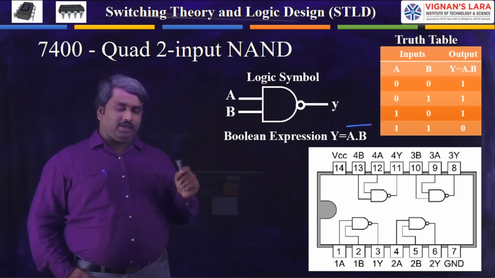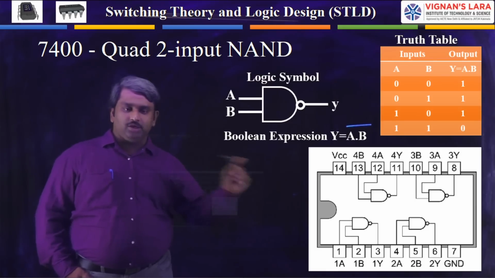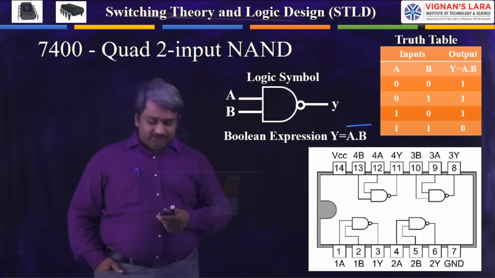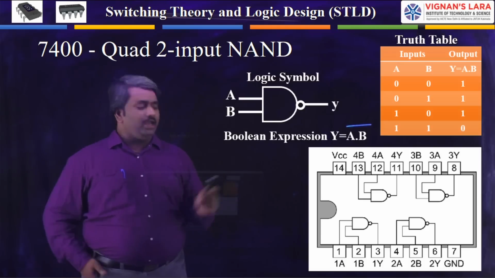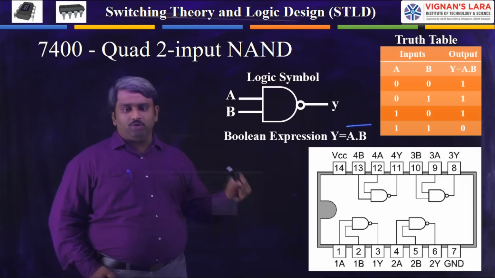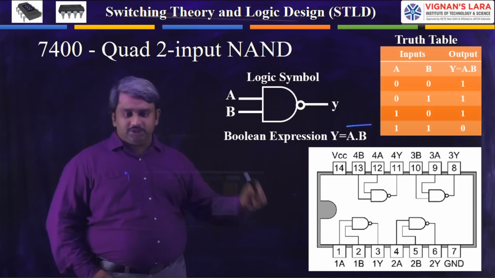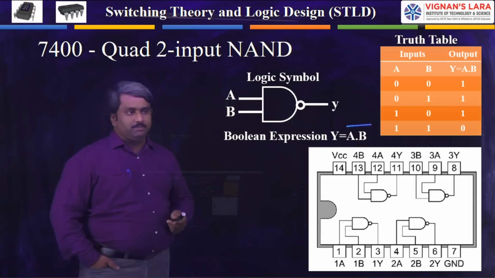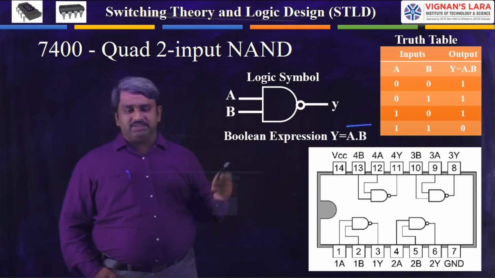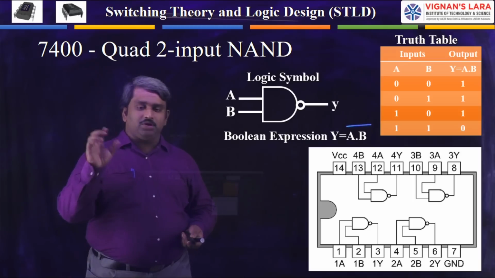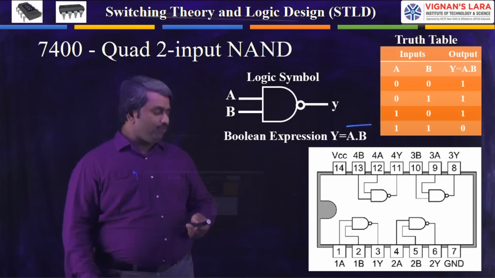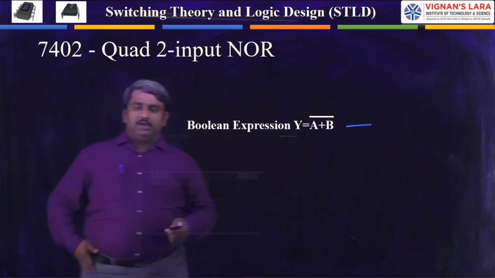Correct. 8 is the ground pin and the 16th is the VCC pin. So you have to remember this one. Most of the ICs follow this rule for ground and VCC. But for some specific ICs, you can't say that this is the ground pin and this is the VCC pin. It is not fixed. But 90% of ICs have this fixed configuration. Okay, next.